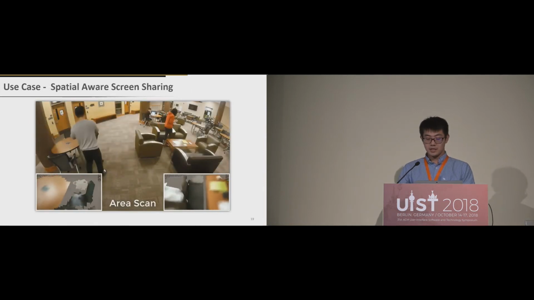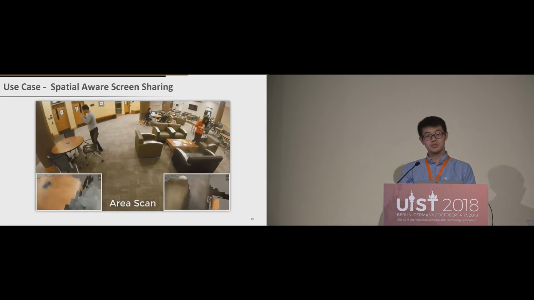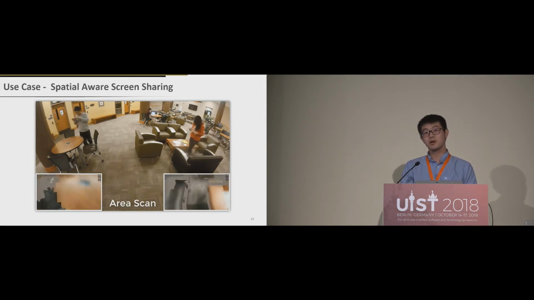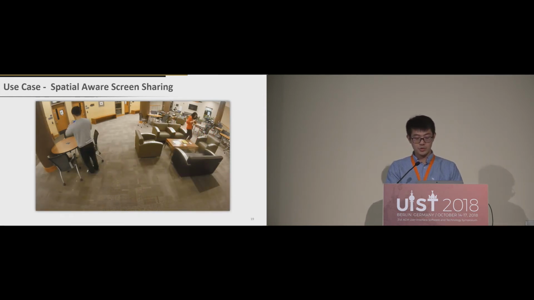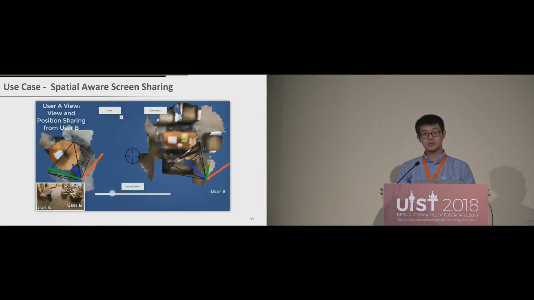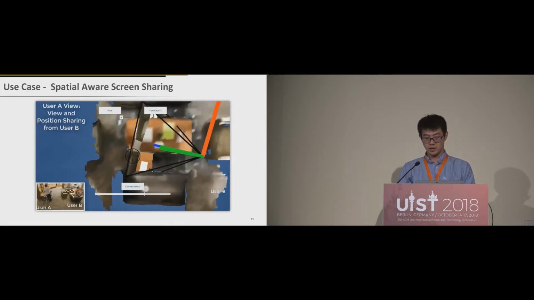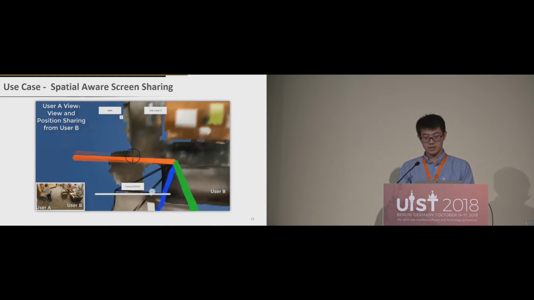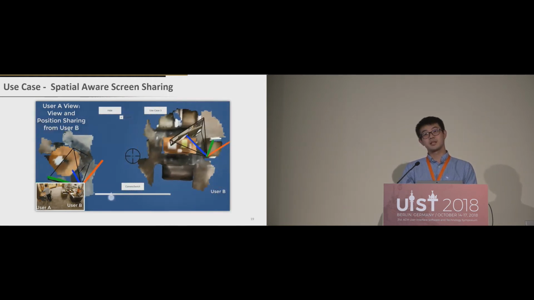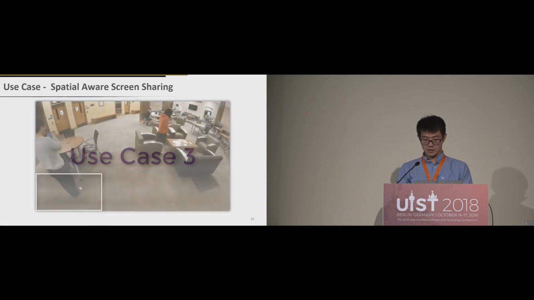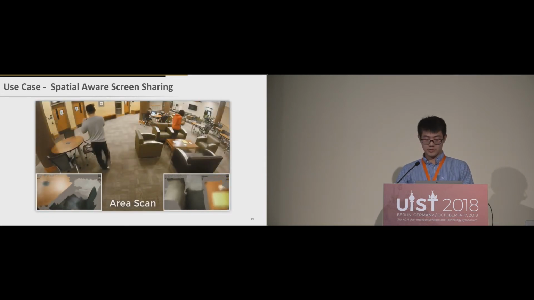In a co-located collaborative context, two users who are far from each other may also want to share views. And after the spatial registration, we can actually stitch two separately scanned models together as a spatially coherent virtual model. Then these users can actually refer to each other's shared view with spatial references.